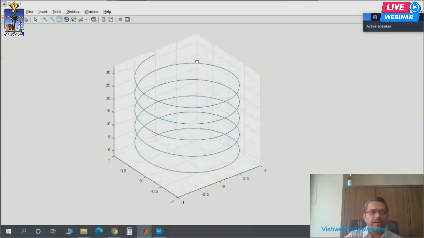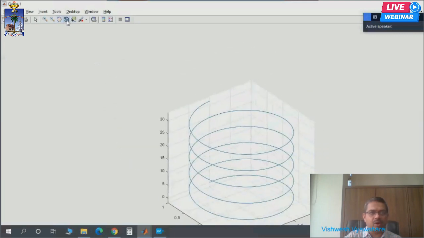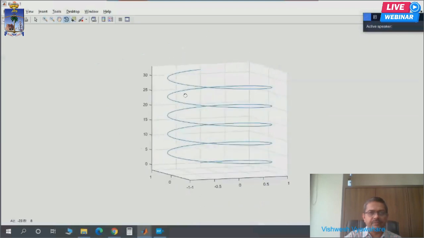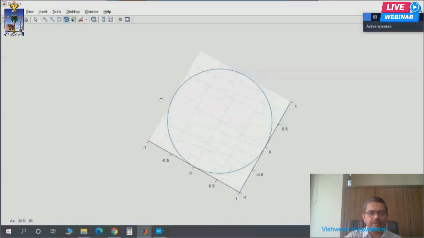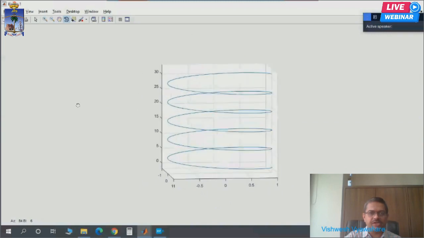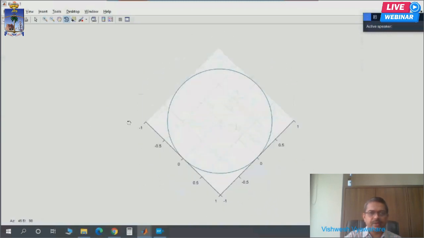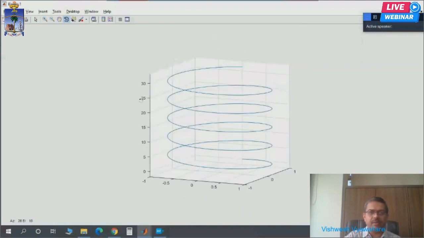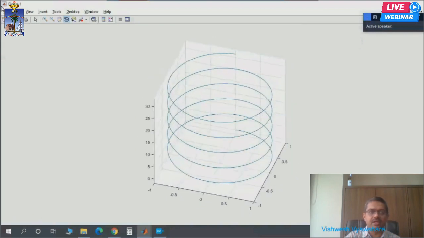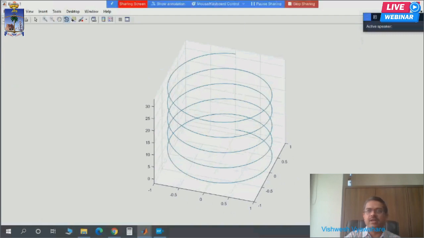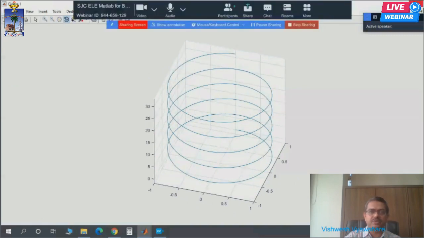I can do it in whatever way I want, and use the rotated version whichever way I want to store it. Let's say I want it in this orientation. I can have it, and then save the file as a JPEG file. It will be directly stored.